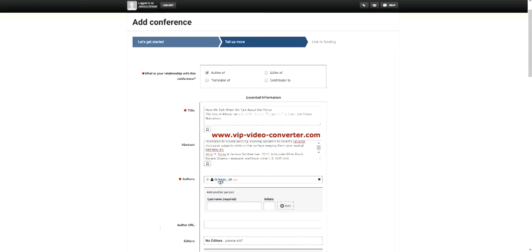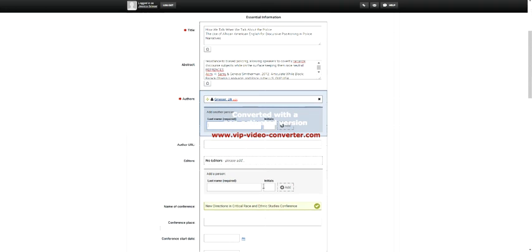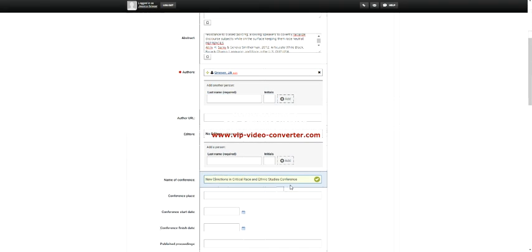Below this, it's going to ask you for the authors. It has the option of adding any additional authors, both internal and external. If it's internal, they're going to try and find your second author in Elements. Otherwise, you can just enter in the last name and initials of any other authors who were a part of your panel or otherwise a part of your presentation. In addition, it has the option for editors. Then again, it's going to ask you for the name of the conference that you want to go ahead and pick up. And then for the conference place,